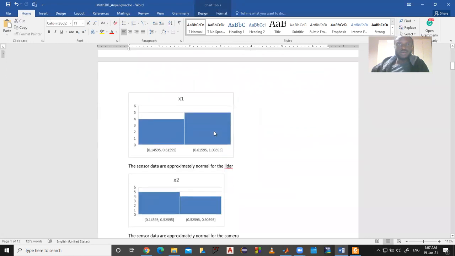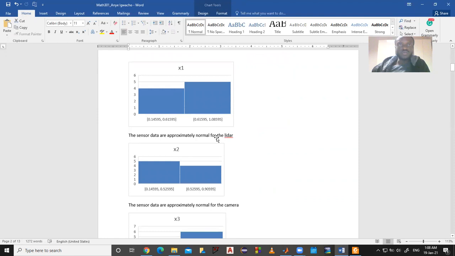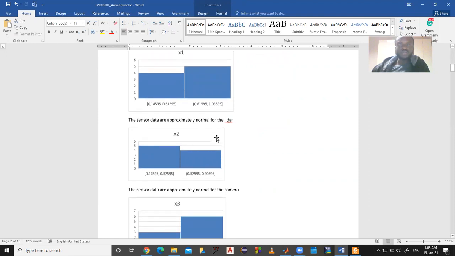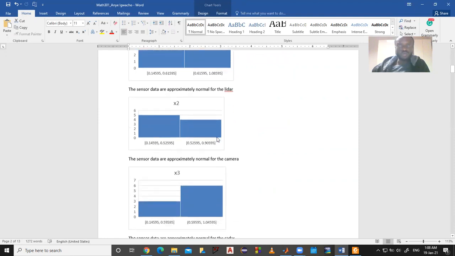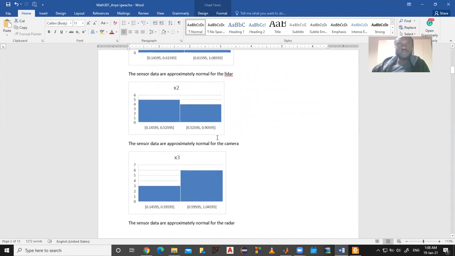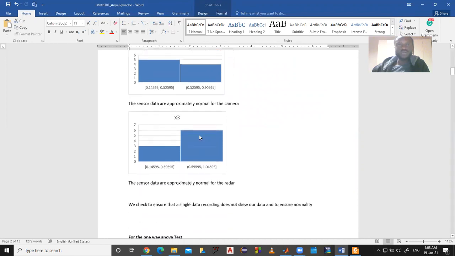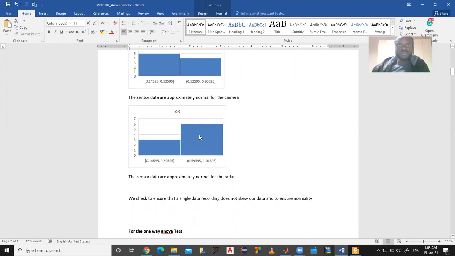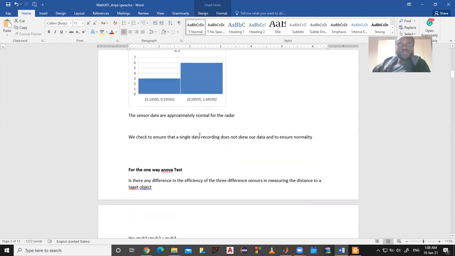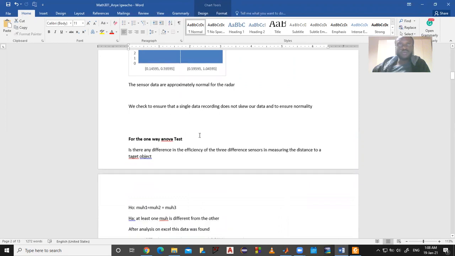And we looked at the histogram to see if the distribution is normal, and there was a slight approximate normal distribution. So I just assume that the distribution is normal from this slight similarity. And so I went ahead to perform the one-way ANOVA test,